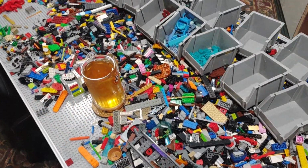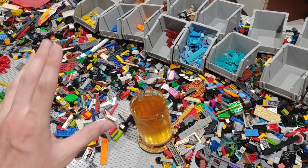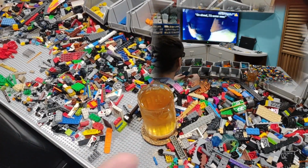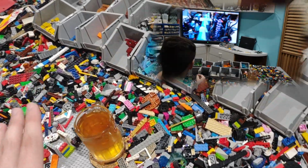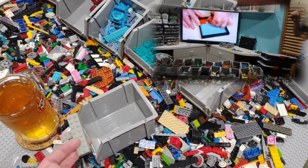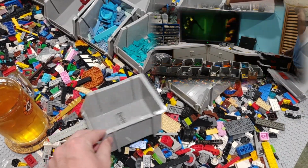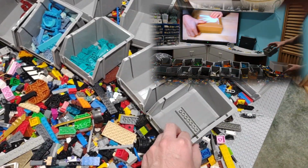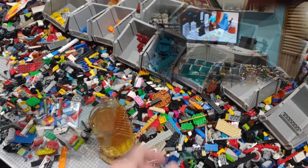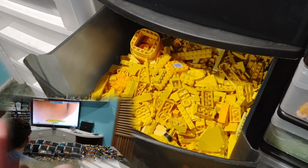So here's a progress update on all of the sorting I've been doing the past few weeks. I try to do it in little bursts at a time whenever I have enough time just to sit down and go to town on all this sorting. So I get all these different little bins, and then whatever color it is, I just grab all of that specific color and put it in those containers. And then from there, I just put them in their designated drawers, which is pretty nice because all I have